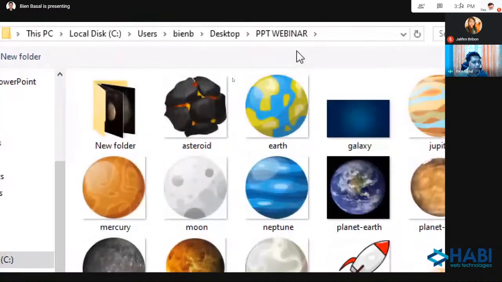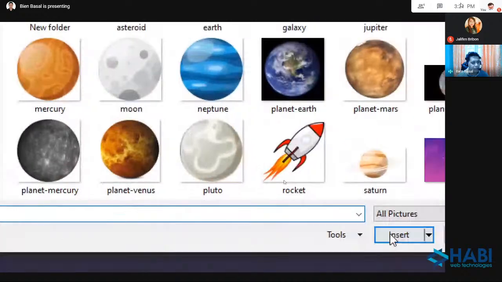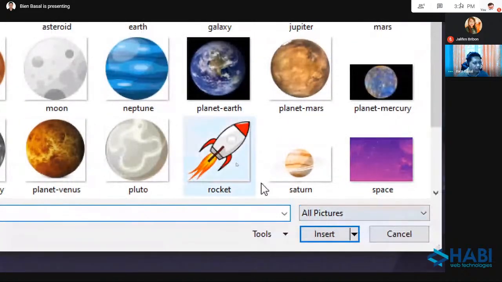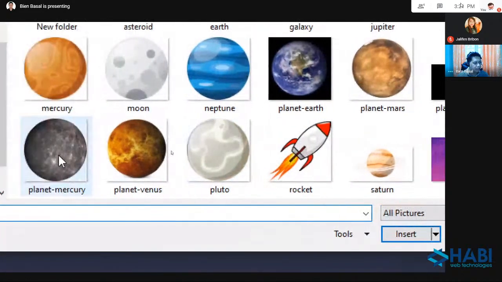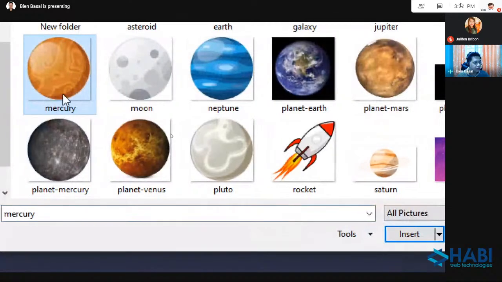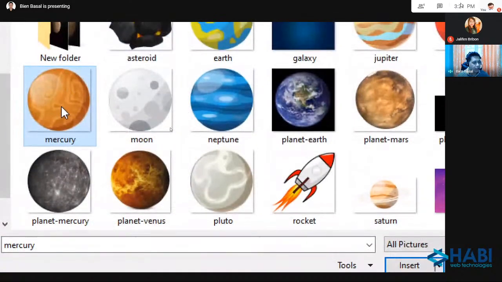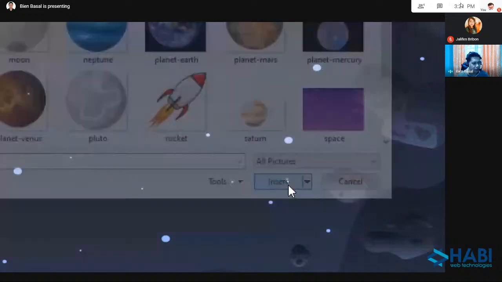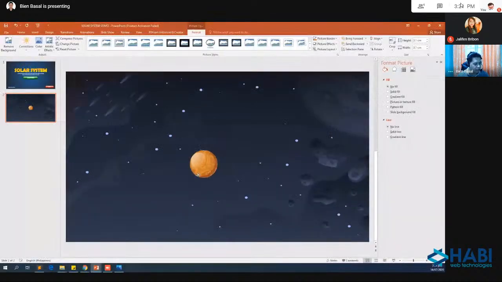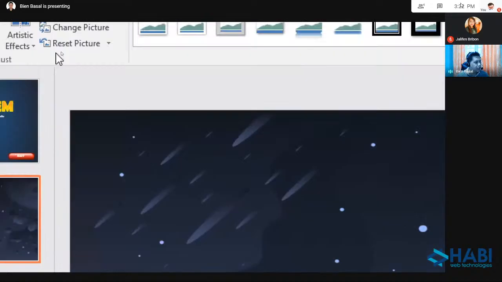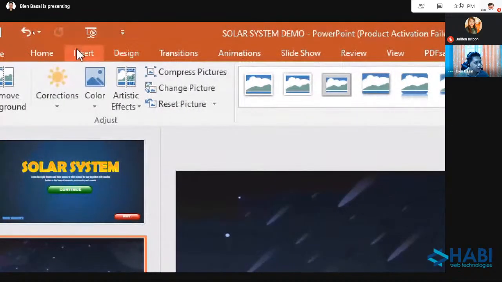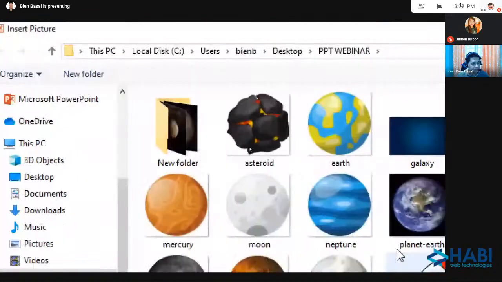So I'm browsing na sa aking folder. I will be using this one. Lahat po ng parang cartoon type. Mercury. You can insert one by one. One photo like this one. Insert one photo. And arrange them. Resize. Or if you want to change all of them at once, just select again, insert, image or pictures.